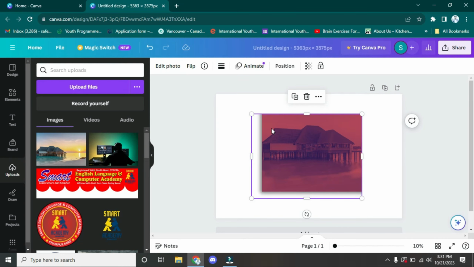So this is the simple and easiest way to edit a picture in Canva, and I hope